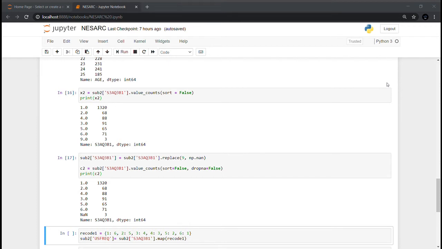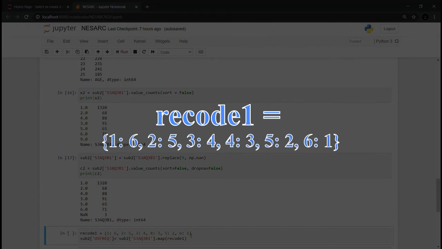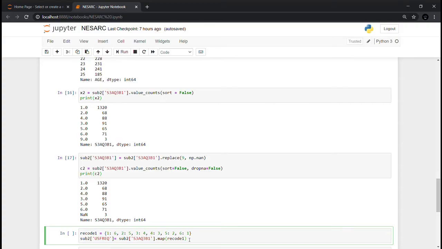So we have to recode the values, and in order to do so we will form a dictionary named recode1, in which we will replace 1 with 6, 2 with 5, 3 with 4, 4 with 3, and similarly 5 and 6 with 2 and 1 respectively.